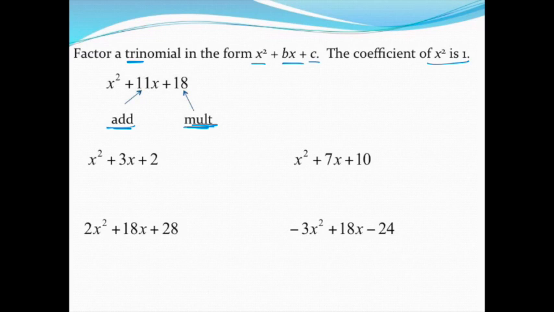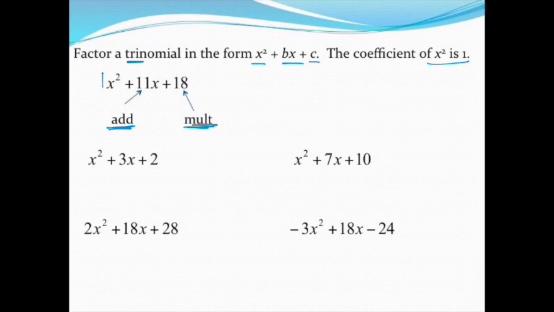Two numbers that multiply to equal the number at the end, while at the same time add up to the middle. So it may not be the most exciting game to you, but think of it as a game. So let's go ahead and factor this trinomial. Notice my a value is 1. This method only works if the a value is 1. There's a different way to do it if your a value is not 1, which I'll show you in another